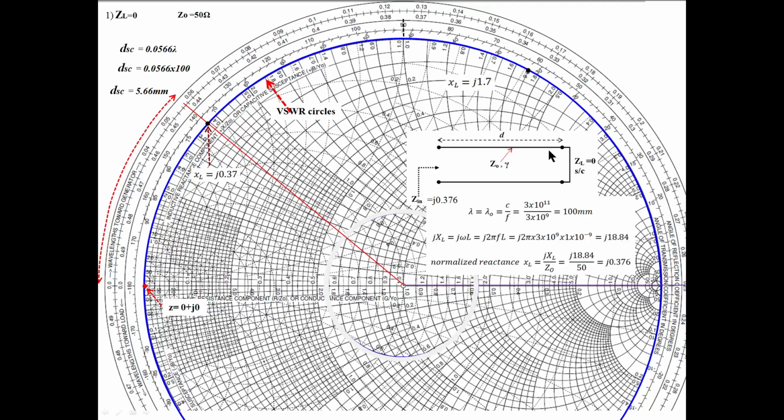So what is the length of the line from here to here? That is 5.66 mm. If you take a shorted transmission line and set its length equal to 5.6 mm, the input impedance is 1 nanohenry at 3 gigahertz. At 3 gigahertz, it offers an inductor value of 1 nanohenry. So like that, we just found this length, that's all. It looks like there is an inductor between these two terminals. It behaves like that. Only we set this length, and it is easy from the Smith chart.